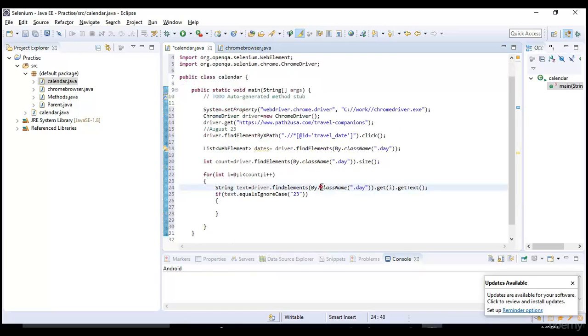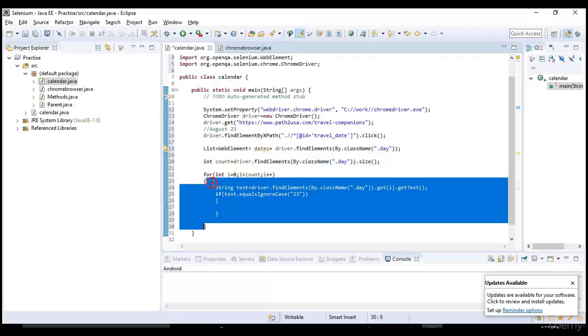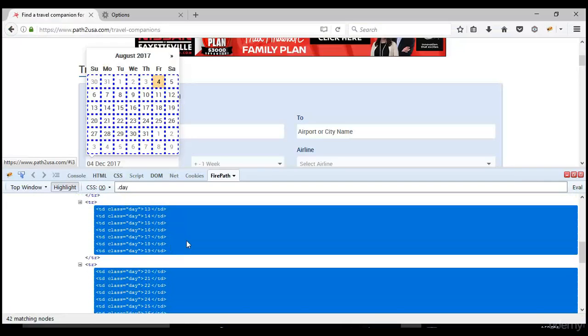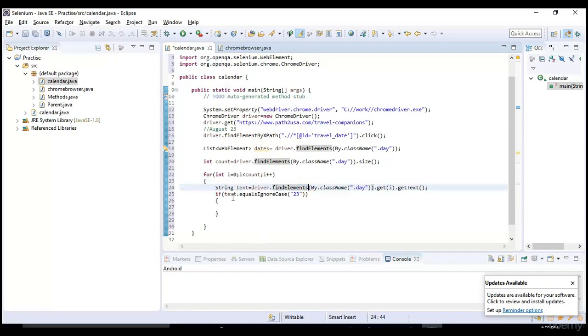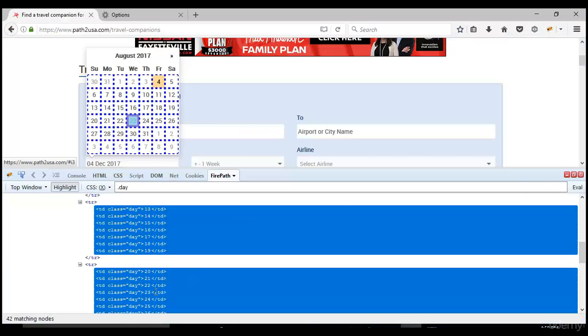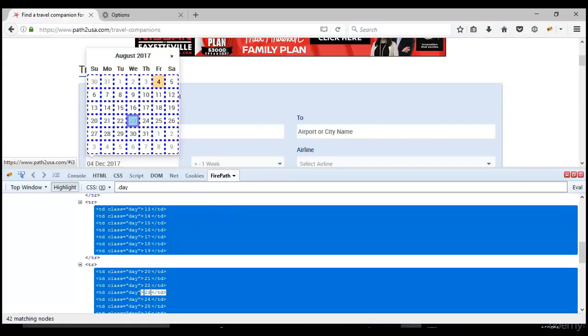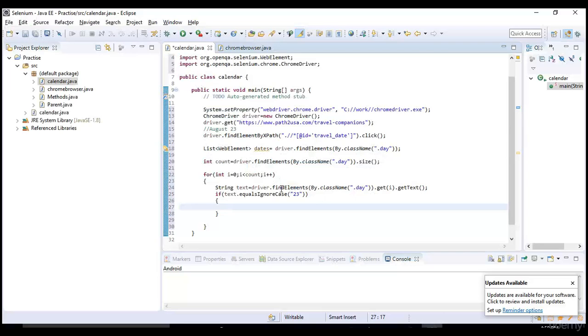This is the item. First 30 will be here. Is 30 equal to 23? No. So it skips that and the loop continues. It keeps on continuing, and when it comes to 23, at this iteration, as we are grabbing the text here, 23 equals 23. In that case, go and click on that 23 index, which is nothing but this one.